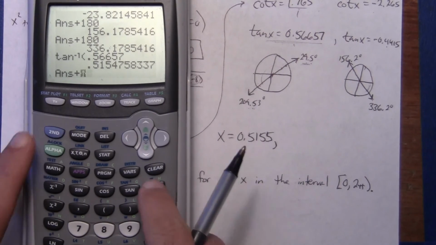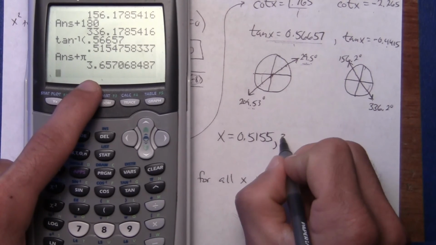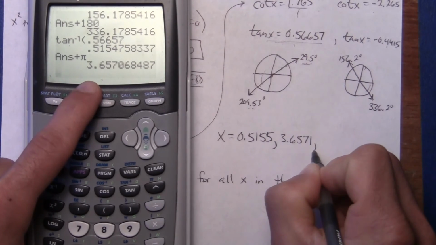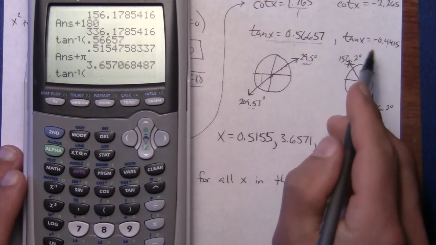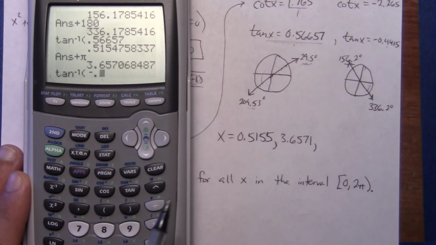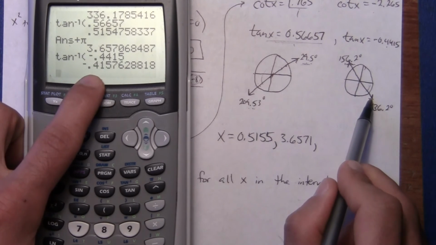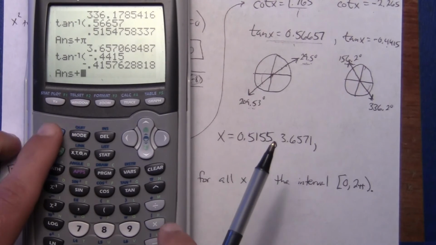So if I add pi to it, there's this angle in radians: 3.6571. If I switch this now and type in the tangent inverse of that decimal, negative 0.4415, it's negative, that's this one, but it's giving me a negative answer. I don't want that. I added 180 to get to here, so add pi,